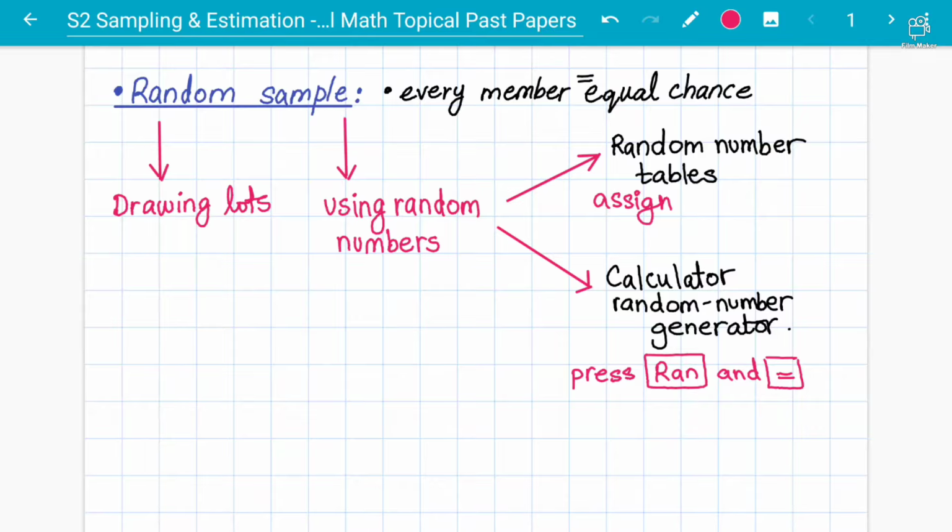Okay, so assign digits to the numbers, then take out any random numberings and make random numbers from them. The digits can be single or grouped, and you can just assign them digits to take out the probability. Sometimes it's all about probability as well.